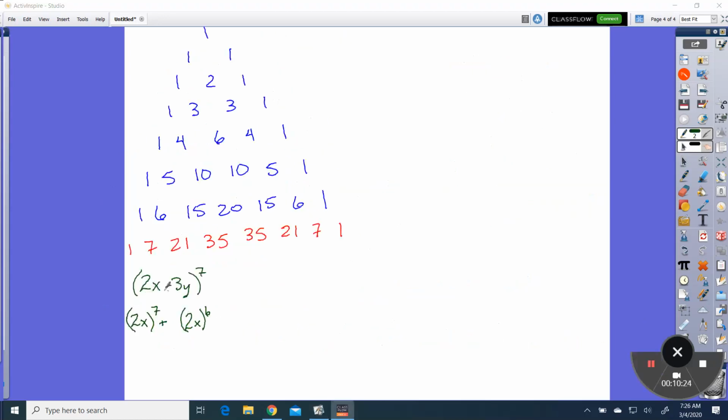Okay. So we have 2x minus 3y to the 7th power. We're going to expand. So 2x is the first one, and it goes to the 7th. And then the powers on your x's go down. So we're going to have 2x to the 6th, and then 2x to the 5th. What do you know about the y's as this is going on? So this y is going up. So negative 3y to the 1, negative 3y to the 2nd, negative 3y to the 3rd,